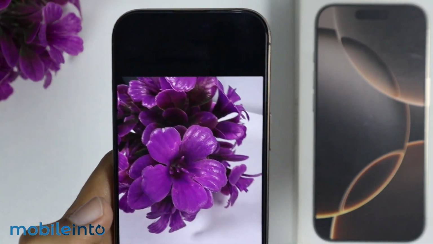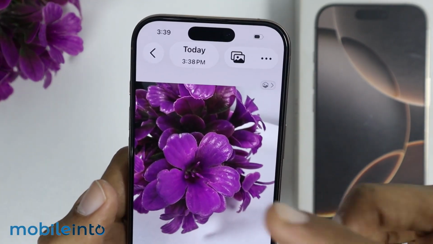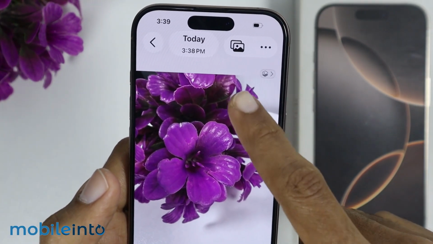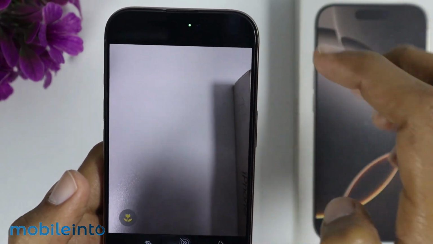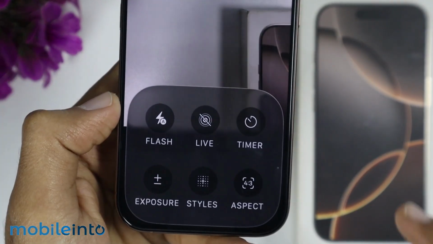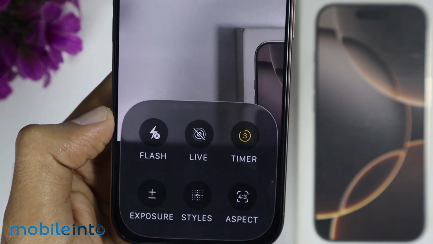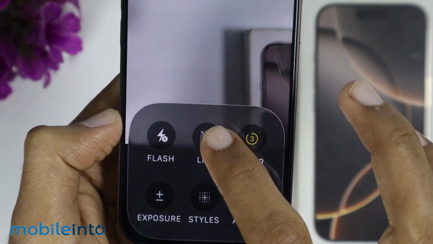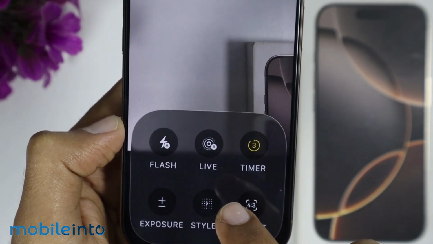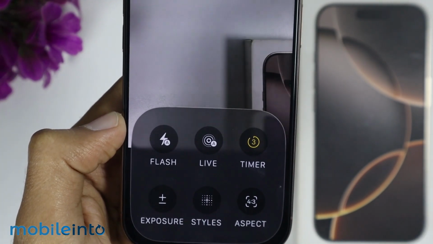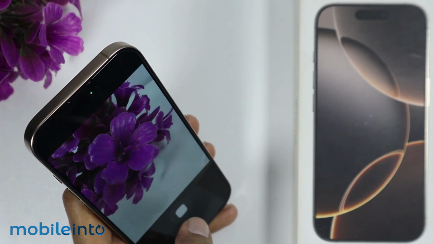Now if you want to use the timer feature, but also want to turn off burst photo mode, there is only one way to do that. For that, just go back to the camera app, and from here, just tap on the 6 dots. Now, if you enable the timer feature, it will turn on burst photo mode. But if you want to disable it, just tap on live photo and enable the live feature in the camera app of your iPhone. After you enable live photos, then if you capture a photo,